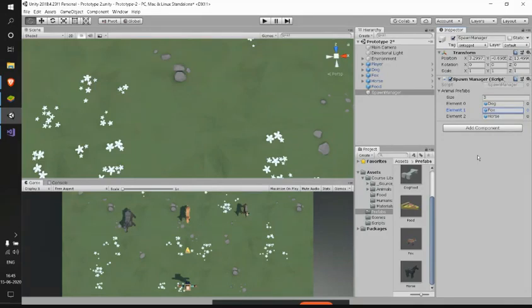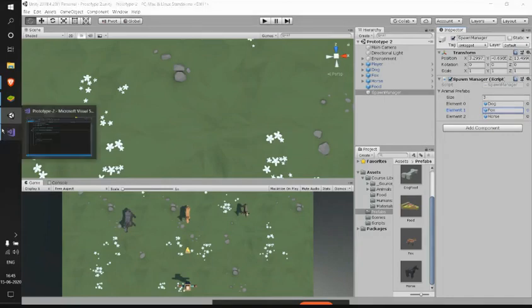The first index is fox, and the second index is horse. So let me save this. Now we gave our references to each and every game object. Now our target is to spawn any of these game objects when we press a particular key.